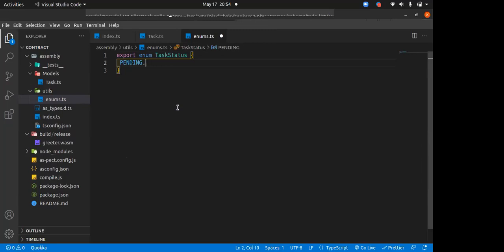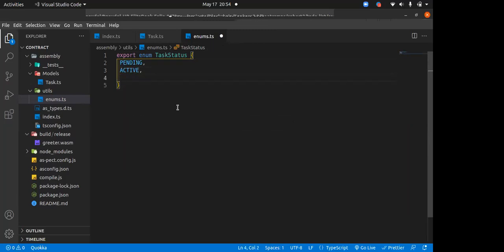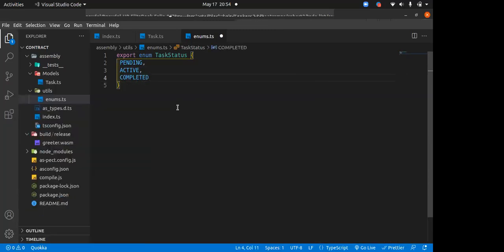So basically going to name that pending, active, and then complete or completed. So that is how our enum, or the state of any task within our system, is going to look like. It's either going to take a pending state or an active state or a completed state, but not both